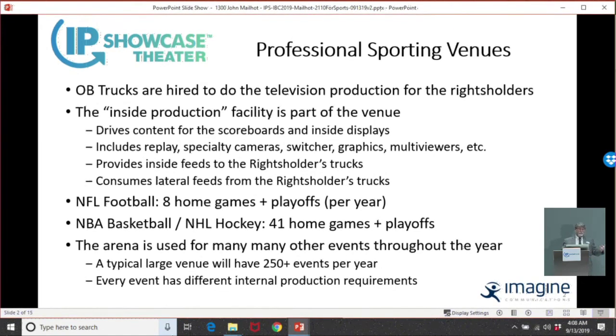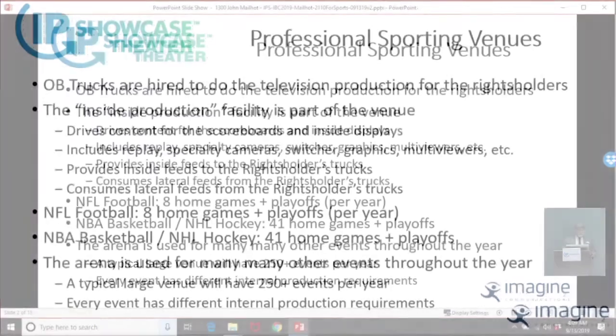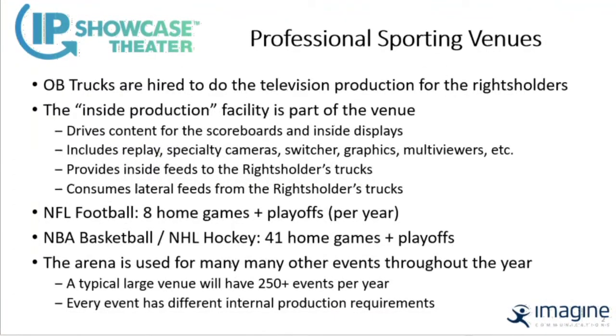And so each of these venues hosts other events through the year. They'll typically, if they have one night out of 7 that's dark, that's a lot. So they try to have about 250 events per year in these venues. Concerts, farm shows, agriculture equipment, you name it. If you go to a big venue like Madison Square Garden, it's got an event every single day, sometimes 2. So they're really very focused on keeping the venue full. But every one of those events has a different set of requirements, and most of them involve this inside production